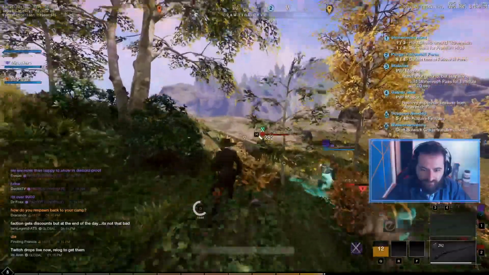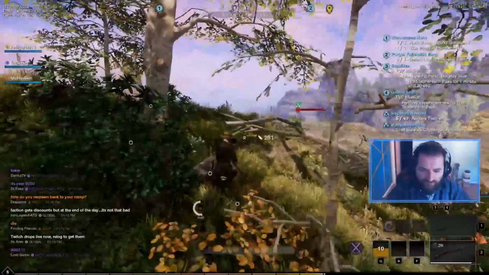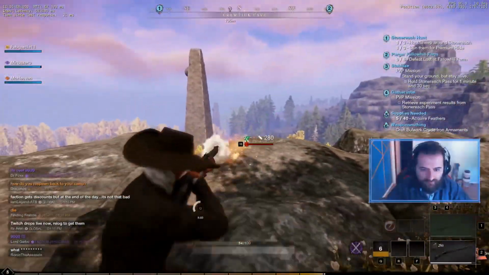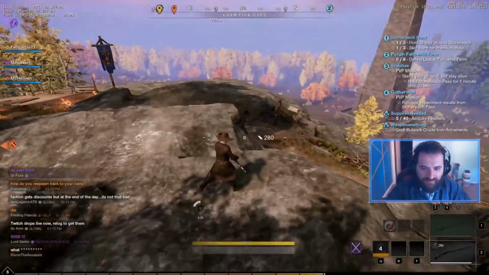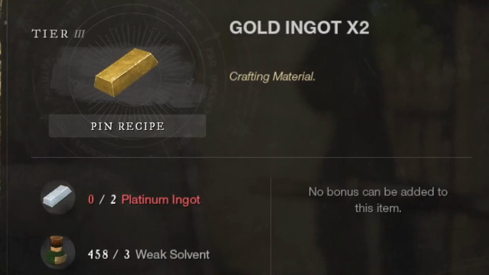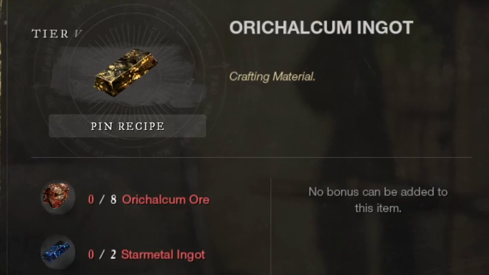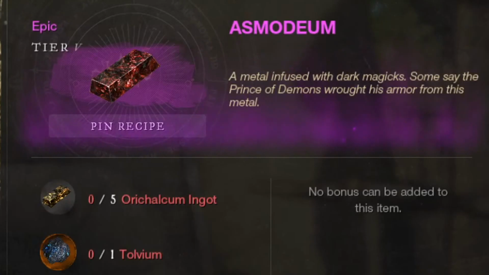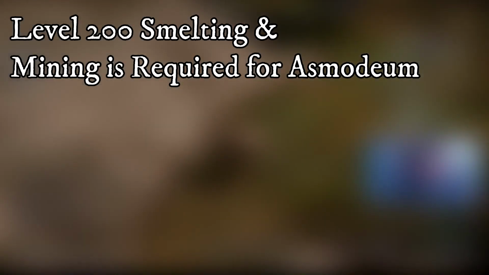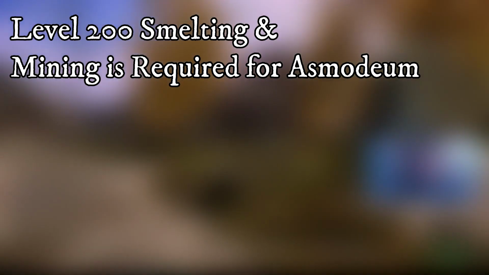Otherwise, if you're interested in a gem breakdown, check the gem overview where we break down the difference between the types, colors, and the gems. All of these types of settings can be made out of different types of metals. The different types of metals are silver, gold, plat, orichalcum, and asmodium, all the metals used in crafting these mounts. Just as in stone cutting, a level 200 in smelting and mining is required for the top end of